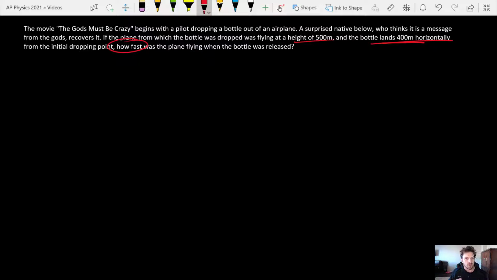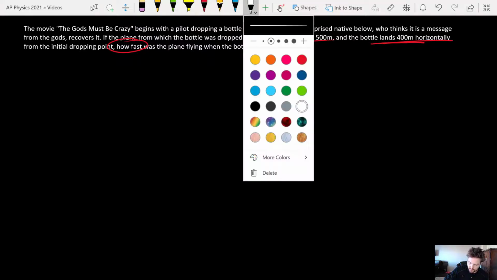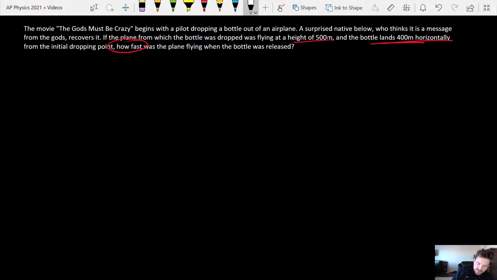So I'm going to draw a picture to start, okay, just to get an idea of what's going on. So we have a plane. Right? You never pass up an opportunity to draw a picture. And we have a bottle. And this bottle gets released, and this plane is going to the right with some velocity, which means that the bottle, when it gets let go, has that exact same horizontal velocity. Right? And it even says that